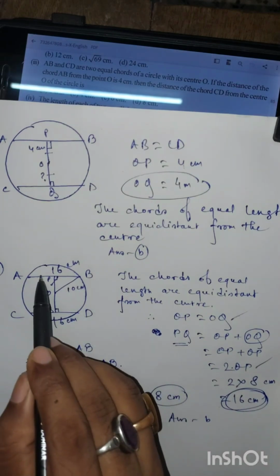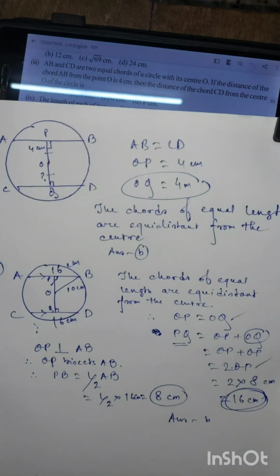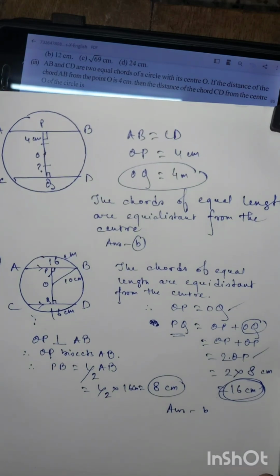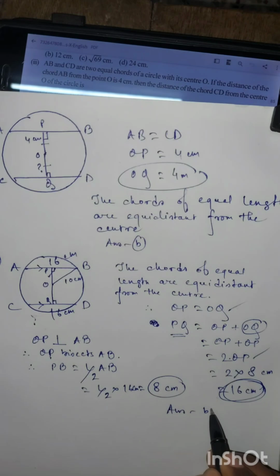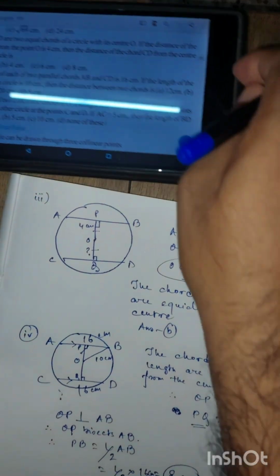And both these chords are equal. It was given. Okay. So answer B is our correct option. Now question number 5 says